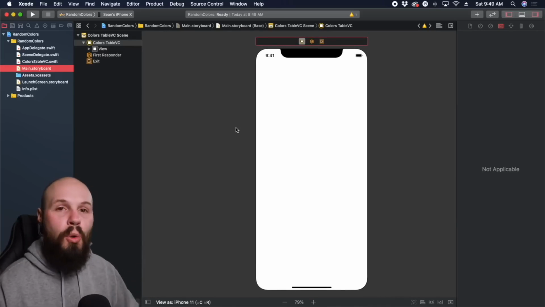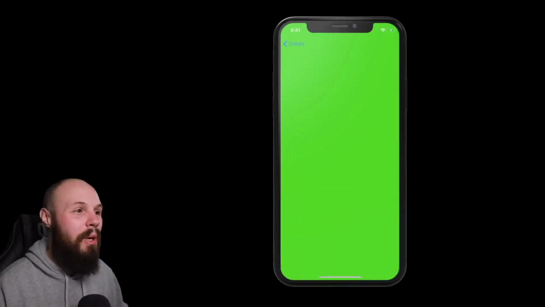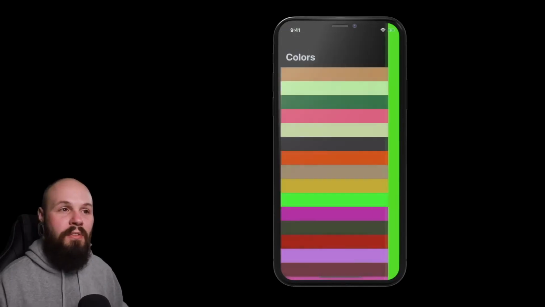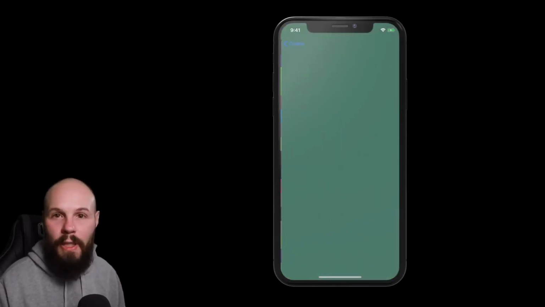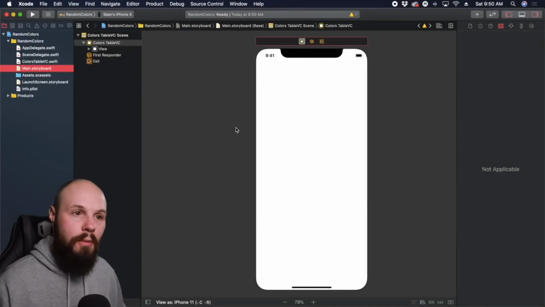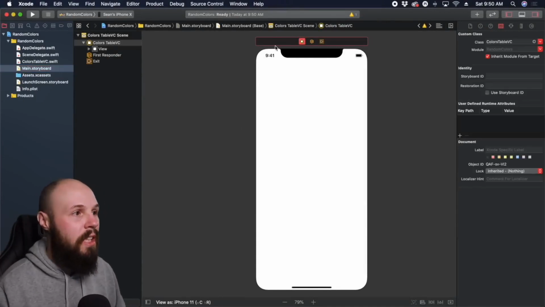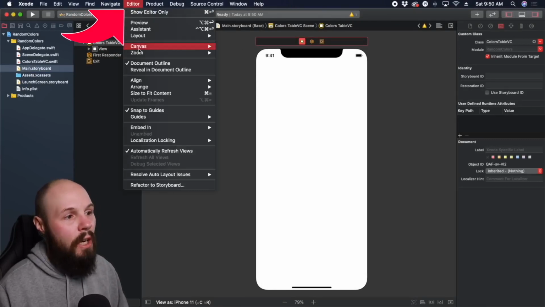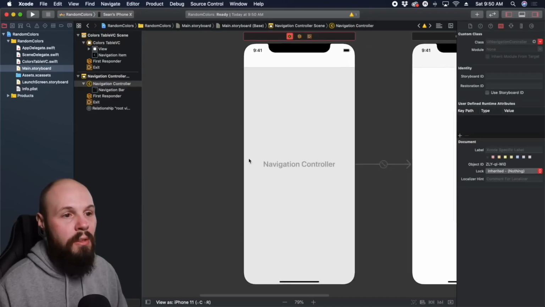So now we have the view controller that is going to become our table view that has random colors in it. That won't happen for another video or so, but we need to set up the foundation. And the foundation of this app is the navigation, right? We want to be able to tap on a random color and show another screen that has the background color of our selected color. So to get that navigation, we need a UI navigation controller. So to do that, again, make sure you have your view controller selected. You can do editor, scroll down to embed in navigation controller,